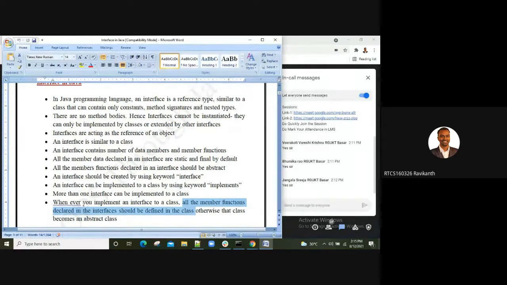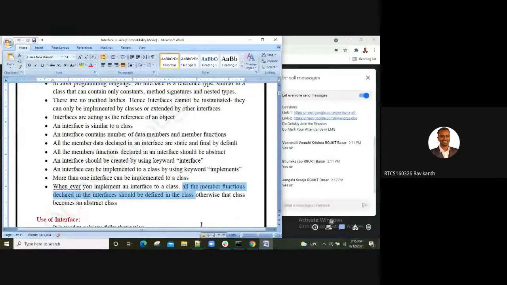In an interface you will have only method signatures, so you have to define them in the class which you are using. Or else that class also becomes an abstract class, as we have seen yesterday.